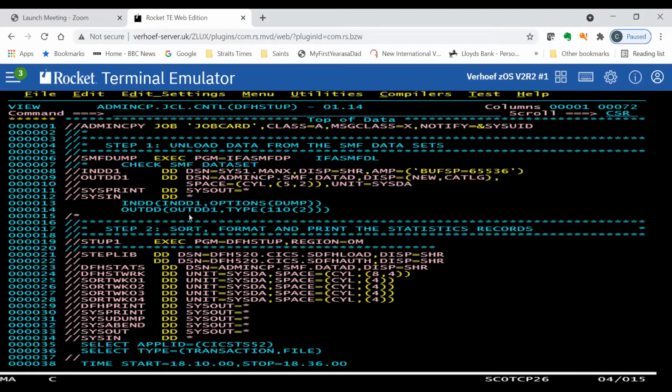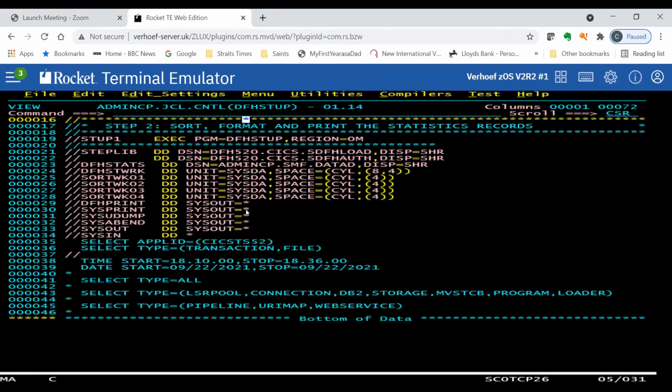Your output is where our OUTDD1 is going. So you can send that out to a new catalog, so you can create it here and unload type 2 into this data set, userid.smf.data.ad here, or data D. And then we come down to DFHSTUP, a very, very powerful utility, which will print off those statistics based on what you want to see.